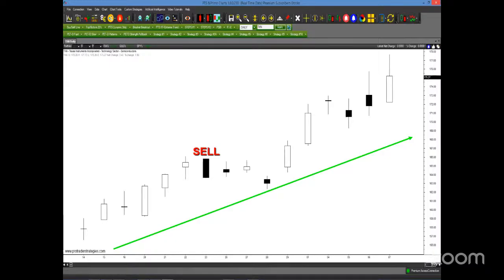And just by applying the Pet D, even if you want to use any strategy, the Pet D can confirm if you're in sync. Because even if you just use this to sell, the Pet D was telling us, nope, the bar is not red, so you don't want to take it,